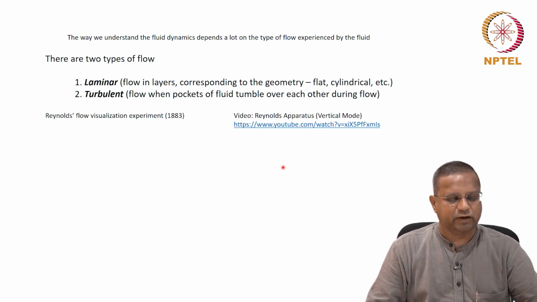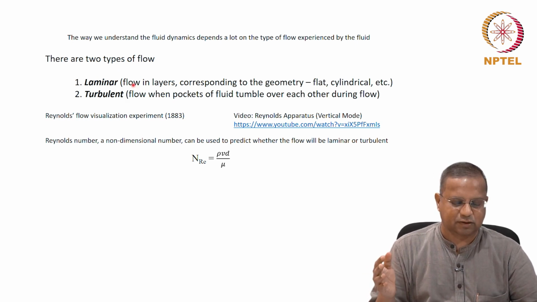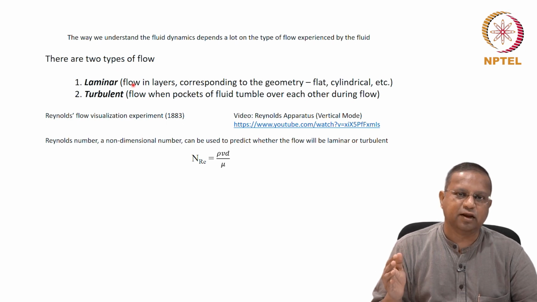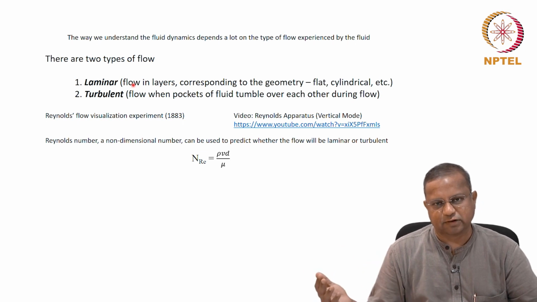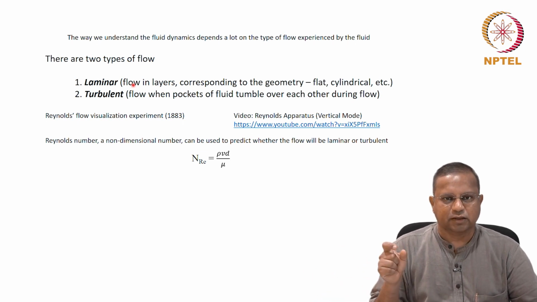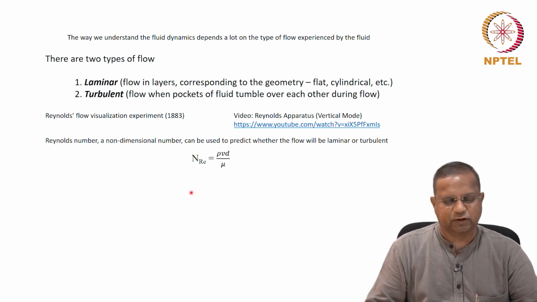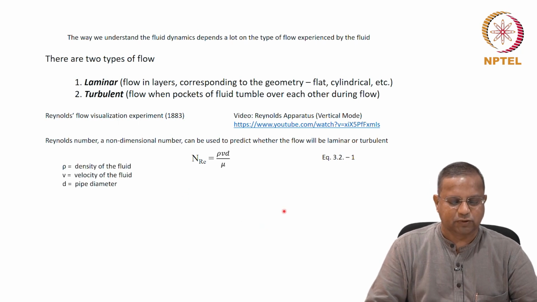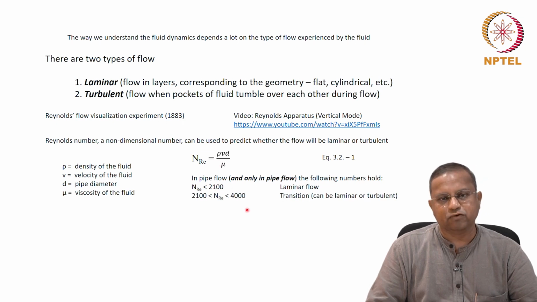And then we saw that the Reynolds number gives us a means by which we could predict whether the flow is going to be laminar or turbulent. If the Reynolds number is less than a certain value in any situation, then the flow is laminar. If it is greater than a certain value, then it is turbulent. Those values for the case of tube flow, and only for the case of tube flow, turn out to be 2100. Less than 2100, it is laminar, and greater than 4000, it is turbulent. In between, we don't really know.